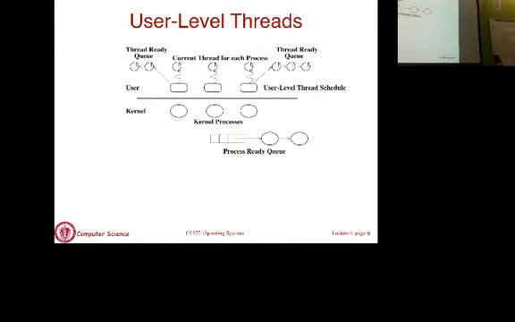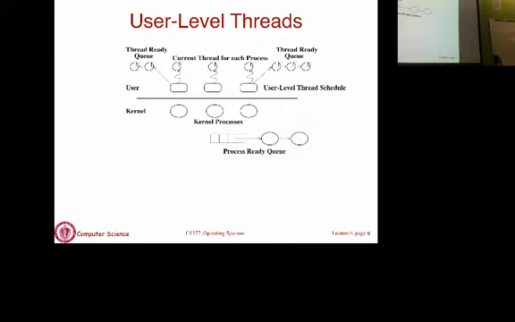Now in this case, if you have some processes that have more threads than other processes, the kernel cannot favor a process that has more threads because it doesn't see those threads. It doesn't know that there are a lot more threads there, so that process should be given more CPU time. In kernel level thread scheduling, you will automatically get more CPU time if you have more threads that are ready to run.